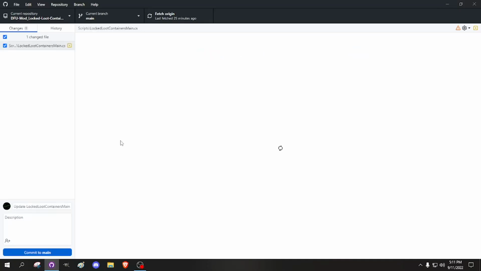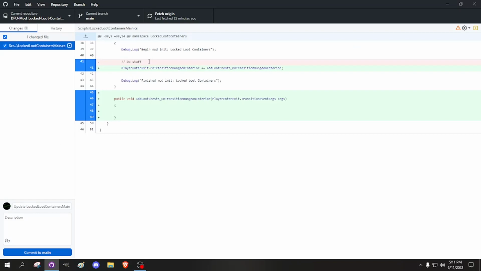And then when we go back to GitHub Desktop, you will see the things that we changed. We got rid of do stuff, we added the event handler, and we added the empty method for that event handler. So then now we'll just say, first event handler added on transition dungeon interior. I go too long with these commit descriptions, but that's just how I do it. You don't have to do it like I do. Then commit to main,